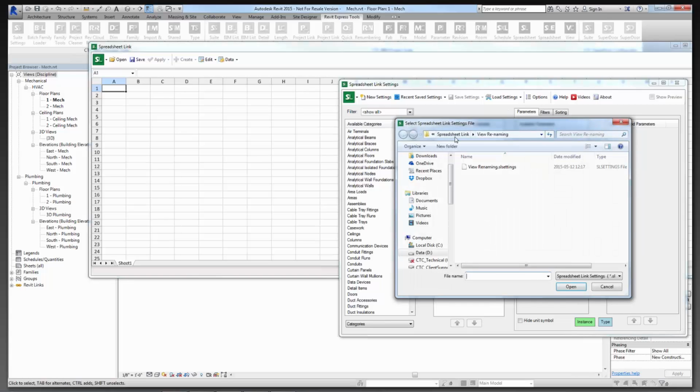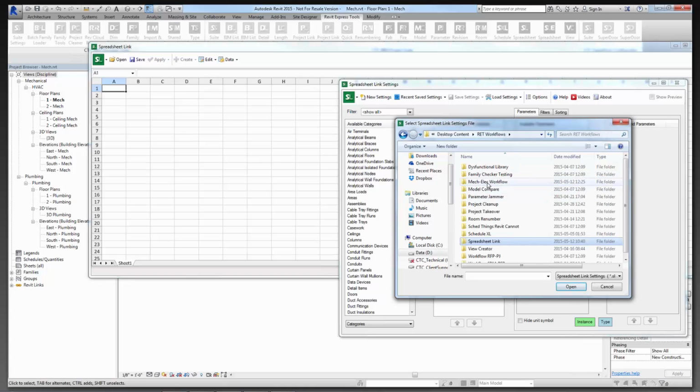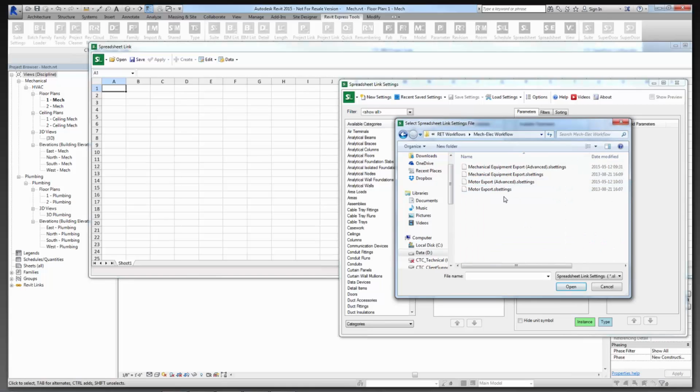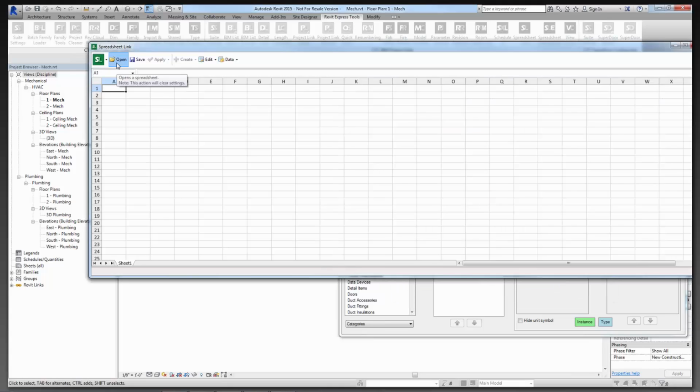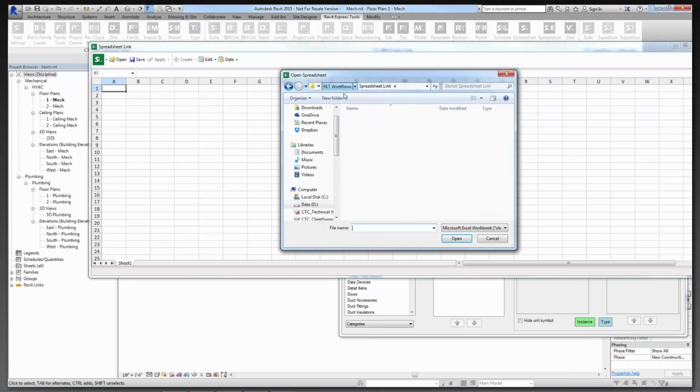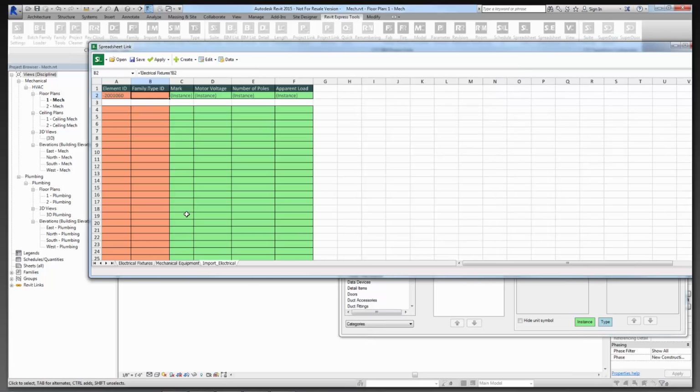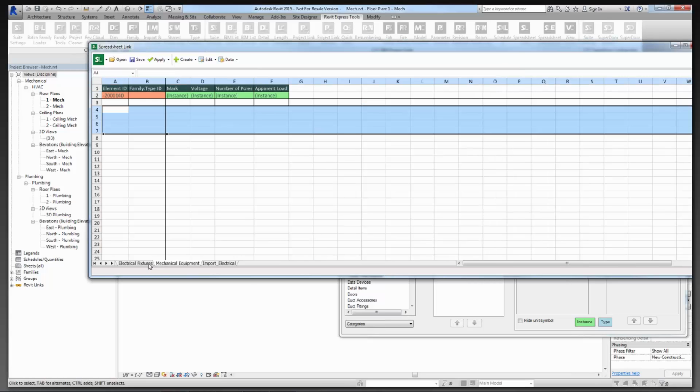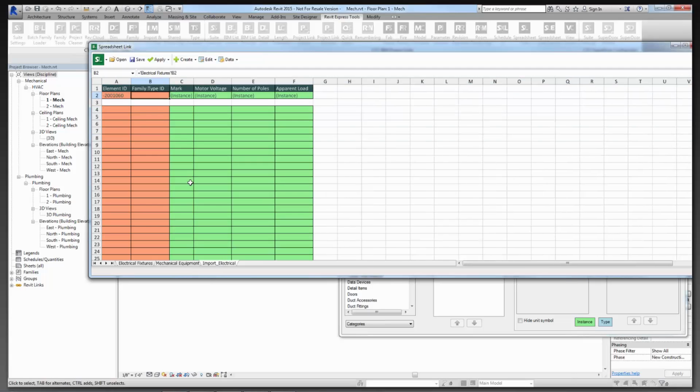Now, I happen to have, if I back this up here, one more step. In my RIT workflows, I have my mechanical electrical workflow, and some of you have seen this before, where I've taken my mechanical equipment export and run this. But usually, my first step has to be open, and I have to go browse for that spreadsheet manually and use my template. I have to select my template so that it opens this up, because this template has an import electrical tab specially set on it. And I have a mechanical export, I have an electrical export, and this import electrical tab